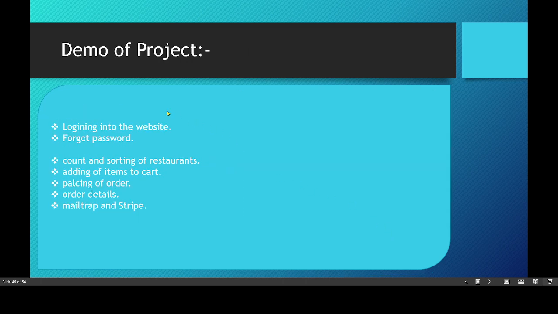Okay. Well, these are the applications we have to install in order to run our project. Coming to the project, what we did in this internship, let's go through what we did in this project. These are the topics we have covered: logging into the website, forgot password, counting and sorting of restaurants, adding items to the cart, placing order details, Mailtrap, and Stripe. We will discuss this in the last part of this